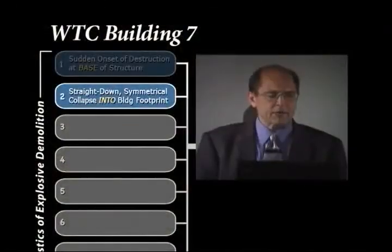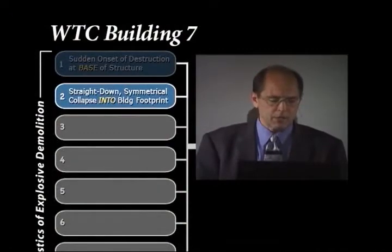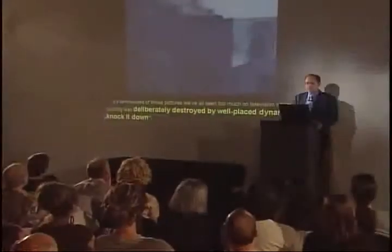Do we have a straight-down symmetrical collapse into the building's footprint? Let's listen to Dan Rather narrate this collapse for us as we take our first look at the collapse of